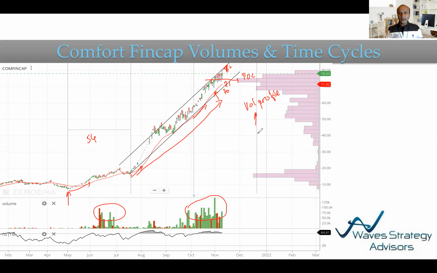So what I'm trying to say is, even if you are analyzing a small cap stock, you can still apply these studies that we have been doing for so long, and this works brilliantly. If you look at the candles from this low, not a single candle has closed below the prior day's low. That is a very phenomenal way of trend following. Imagine, that is the power of trend following. So what did we combine? Time cycle, volume profile, volumes, channels and moving average. With just these things we looked at, we can decide what to do with the stock.